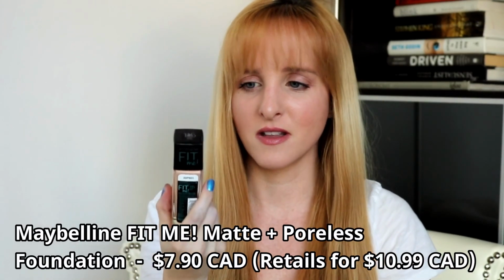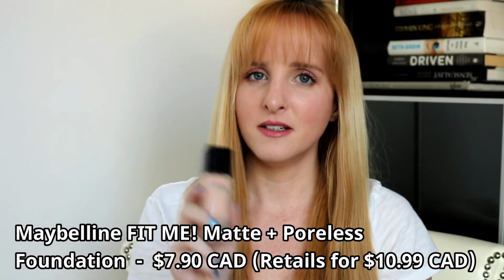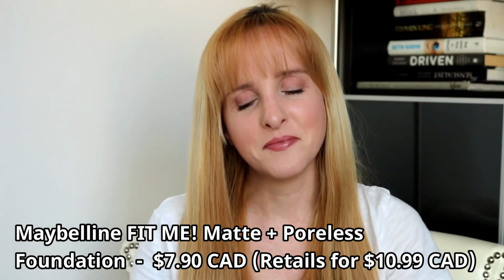The next two purchases are maybe not necessary, and this is where I've fallen off the wagon a little bit on the low buy, no buy, but it is what it is. I did it anyway, so I'm here to be open and honest. I purchased a matte and poreless Maybelline Fit Me foundation, so this is the second or third bottle I've bought of this. I did buy a different color, so this is where I do things that are maybe not the